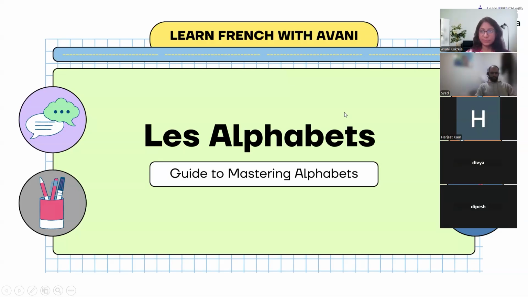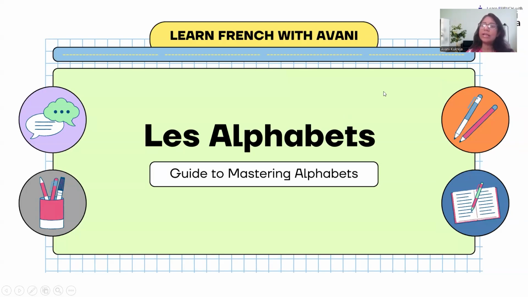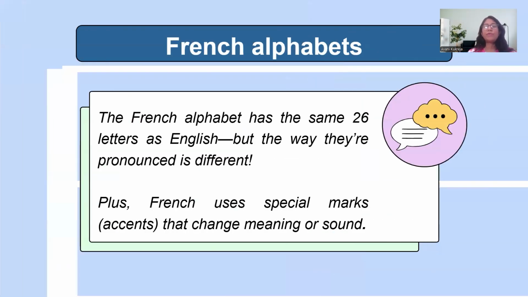Les alphabets. Keep on repeating. We don't pronounce the T. Les alphabets. Correct. All right. Now in French language, there are 26 letters, the same as English, but the way they're